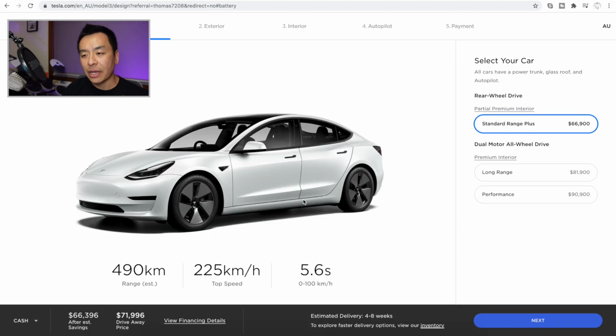By the way, this pricing is for New South Wales, which is where I am currently. It may differ in your state. And I think the ACT has the cheapest Teslas currently because they don't have to pay stamp duty. I think that is one of the subsidies they get in Australia. So let's look at this now. The drive-away price for the Standard Range Plus, which is the starting model for the Tesla Model 3, and the cheapest Tesla you can buy in Australia currently,